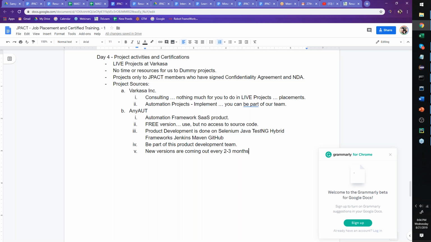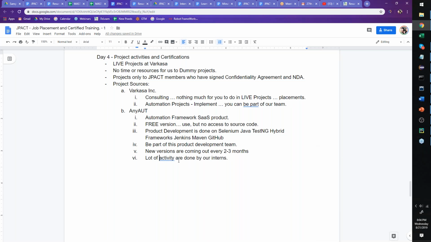Now new versions are coming out every 2-3 months, and this basically means a lot of activity of these are done by our interns, and that is my ambition, team. I want you to be able to work on it and contribute to the project. That will be a phenomenal achievement that you can do. A lot of activities are done by our interns. When I say interns,